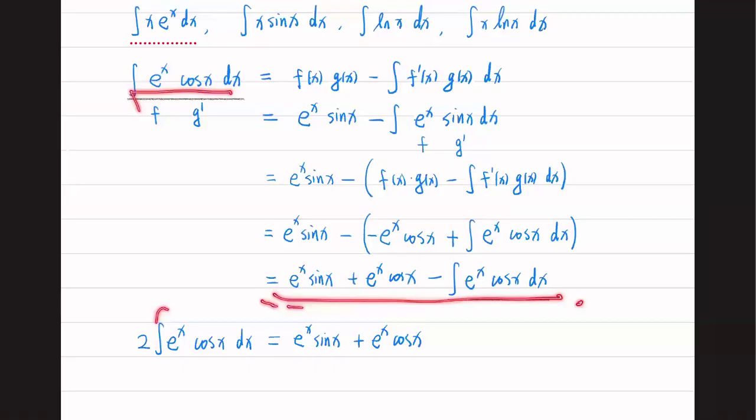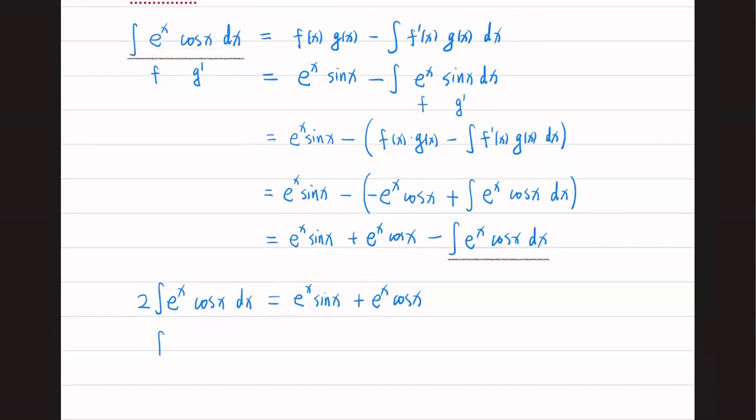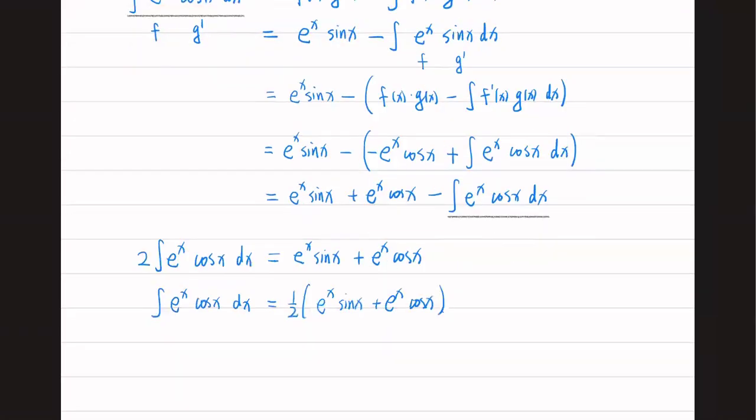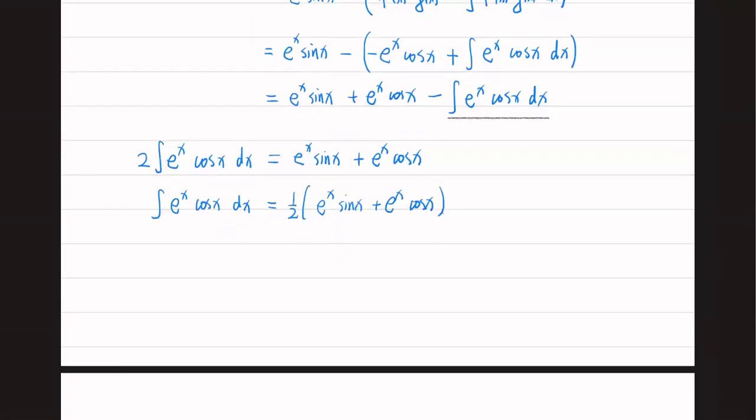So this is another application of integration by parts. Then in the second section, we learned this